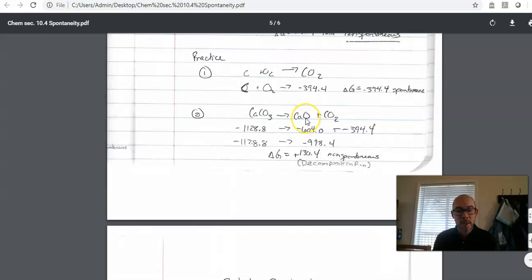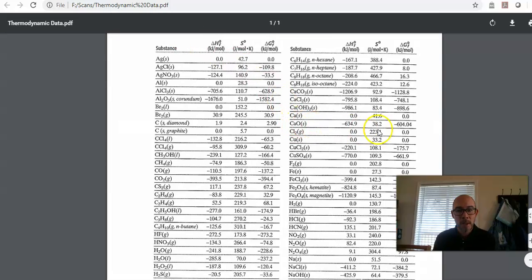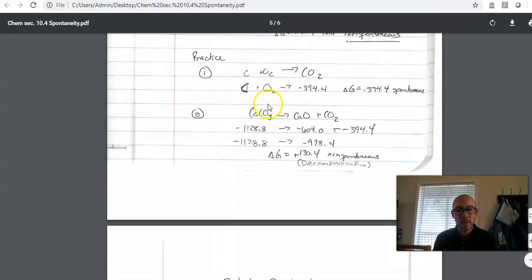And then we got calcium oxide and carbon dioxide. They're on the chart too. Calcium oxide is right here, negative 604. And carbon dioxide's on the chart as well. I believe it's over here. Yep, negative 394.4. So we pull those numbers off the chart and we compare reactants, products, total change in Gibbs energy on